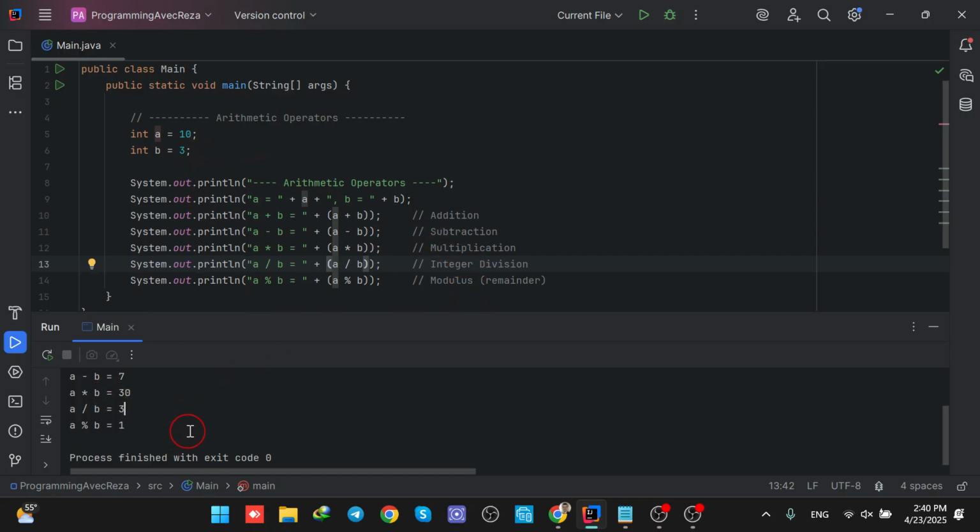And finally, in order to understand if a is divided by b, what would be the remainder of this division? We need to use the modulus operator, which is this symbol, okay? So a modulo b, we are going to calculate the remainder of a divided by b. So 10 divided by 3, the remainder is number 1. Basically, in this